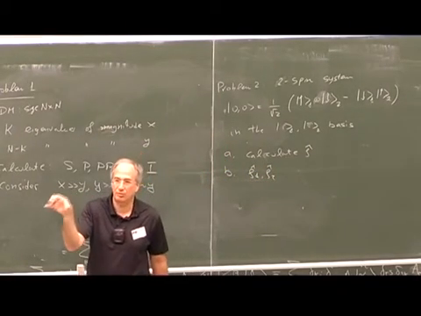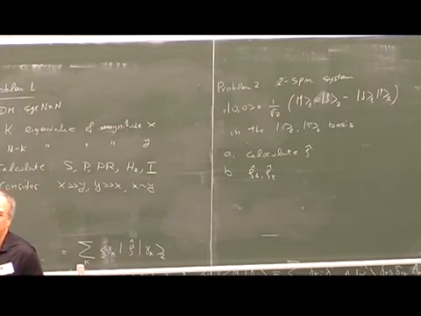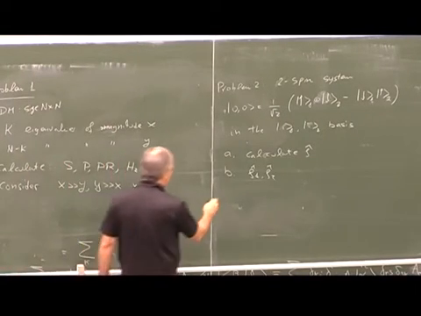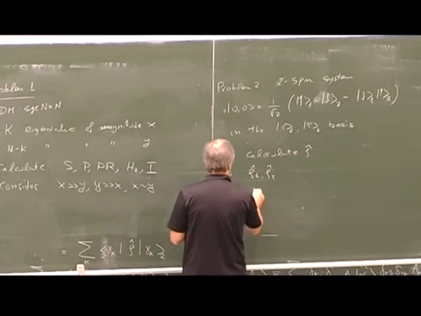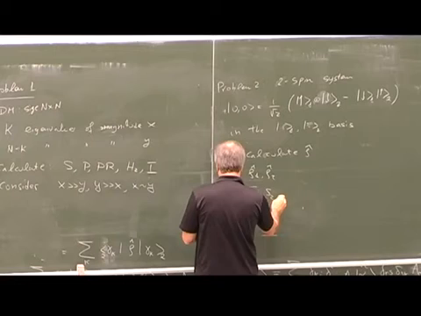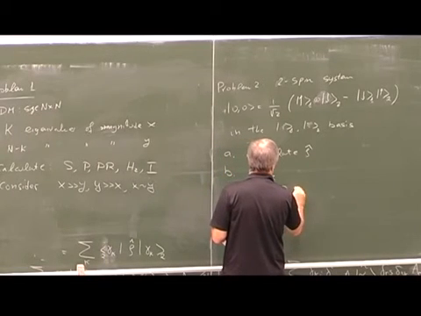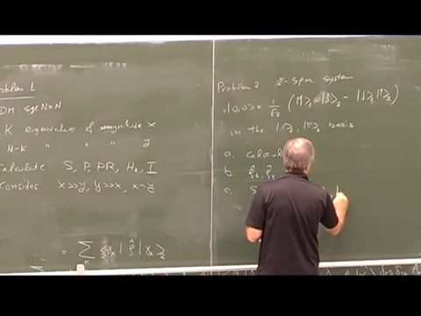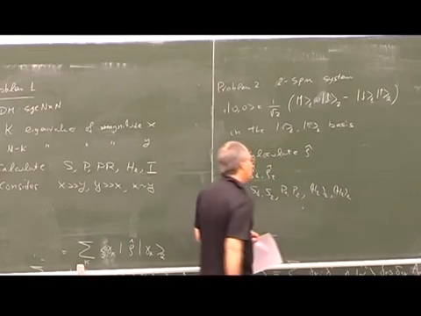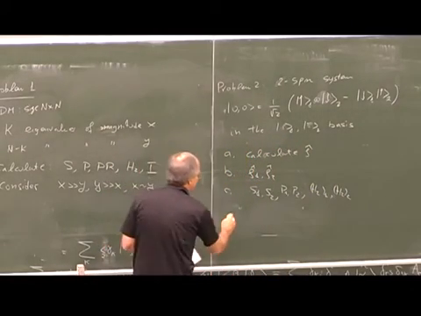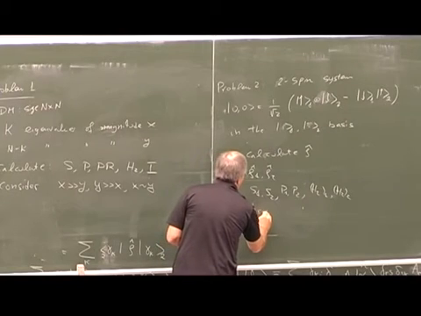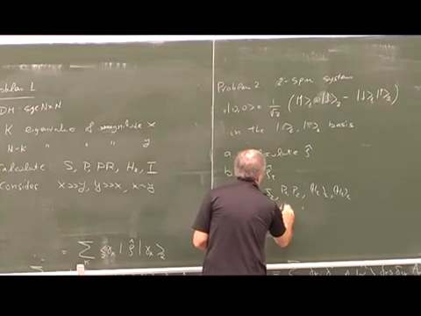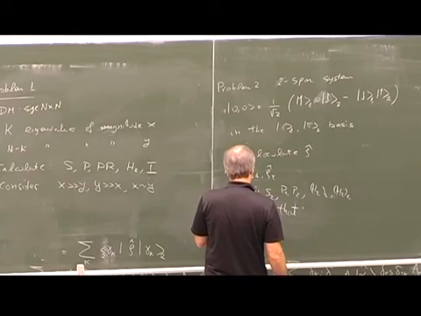So you have to take the trace over the first spin, then take the trace over the second spin, and then calculate S1, S2, P1, P2, H2 1, and H2 2. And then show